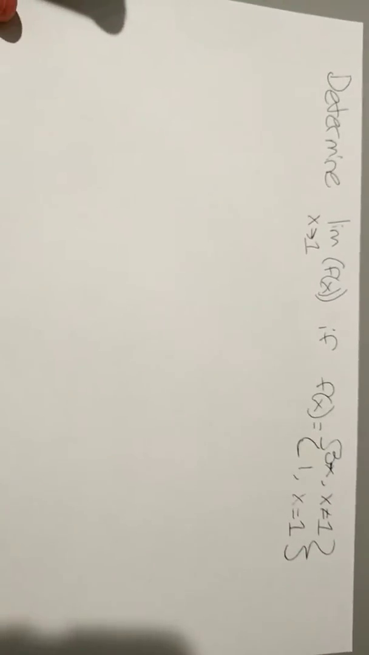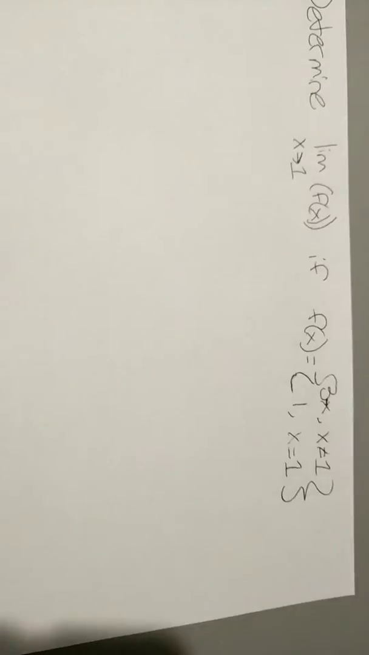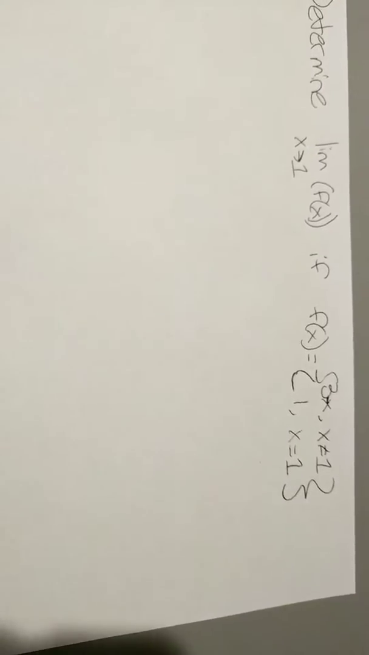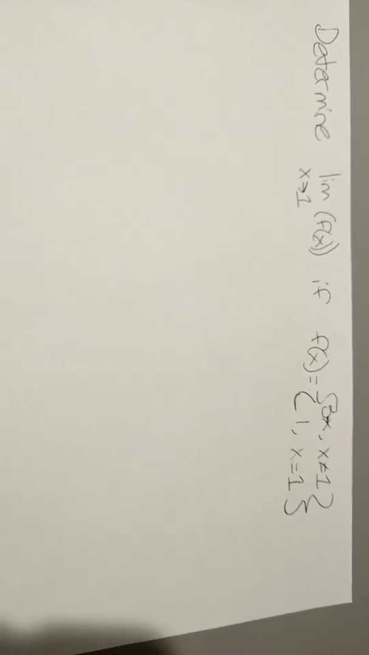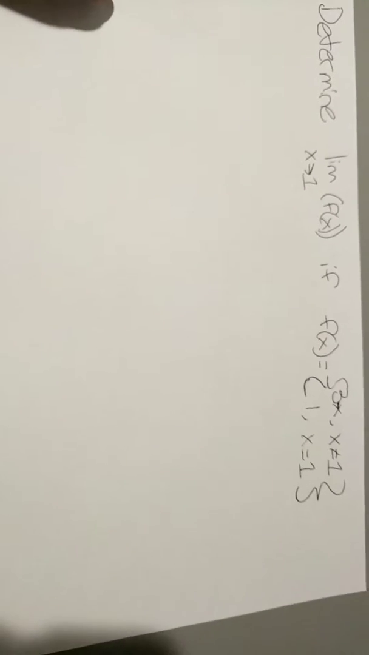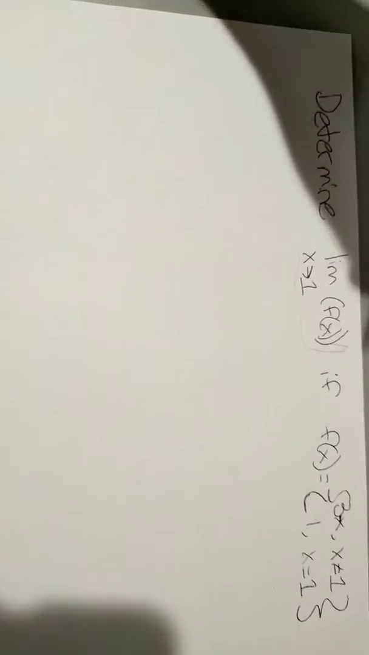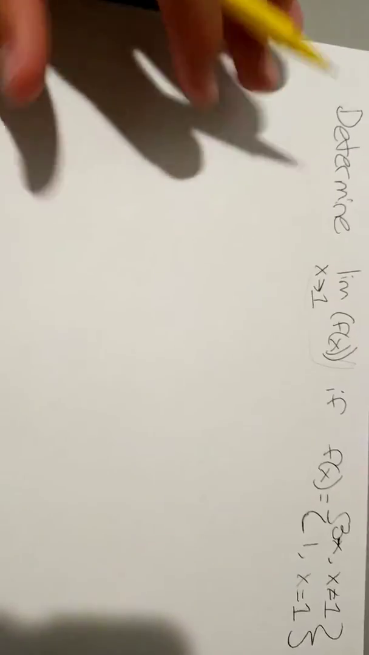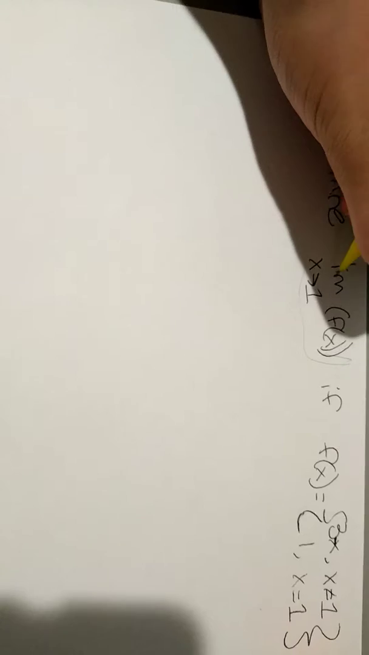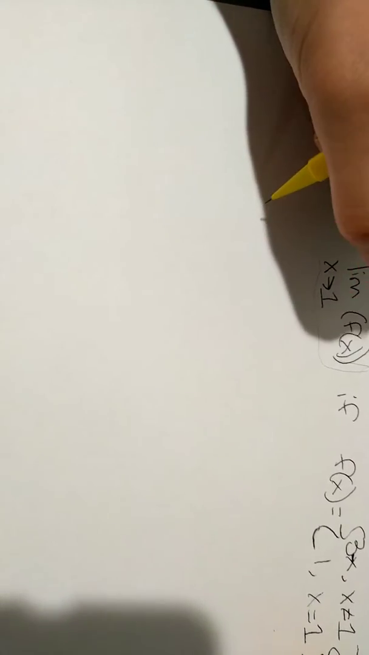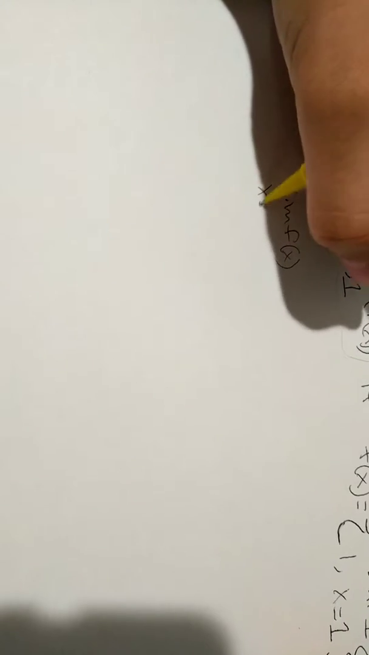In this video, we are going to determine the limit of f of x as x goes towards 1 if f of x is 3 minus x when x is not 1, and f of x is 1 when x is 1. So the first thing I'm going to do is say how we're going to determine the limit as x goes towards 1. To do this, we're going to have to evaluate the limit of f of x as x goes towards 1